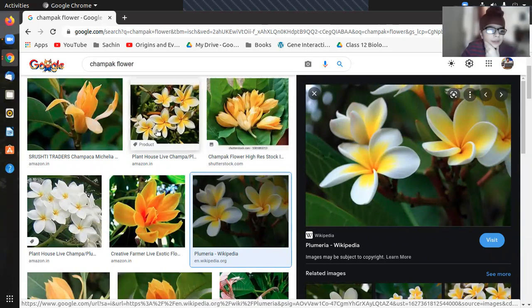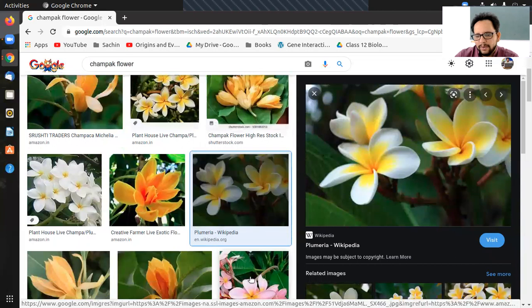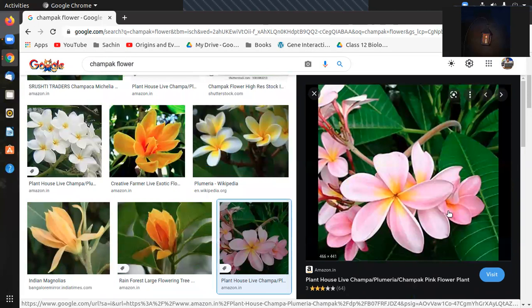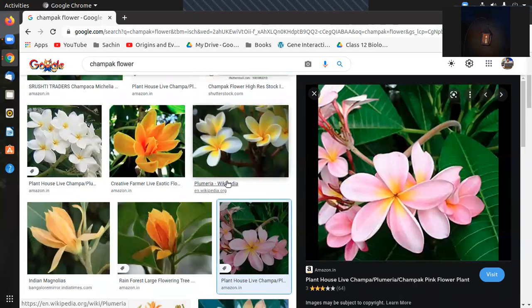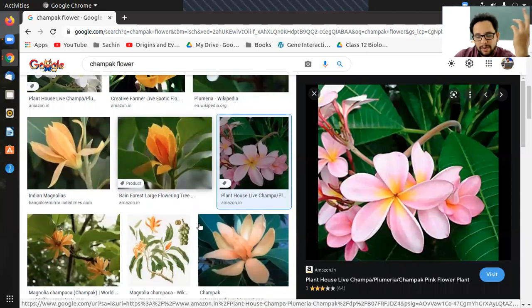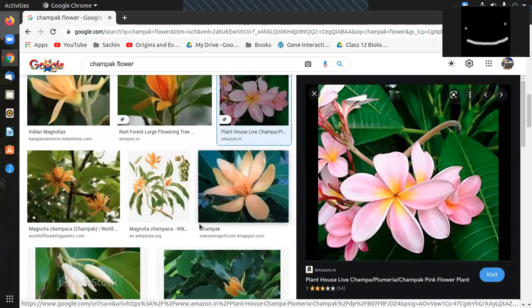There's also a pink variety. See, this one is here. This one has thinner petals, I think. The white one has very thick petals. But it's just the grafted ones. Depending on what grafting has been done, they usually vary in color. Sometimes you will find this white and yellow combination just a little opened, and they don't open up completely. That way also they are present. I don't know what variety. Isn't frangipani champak the same thing?